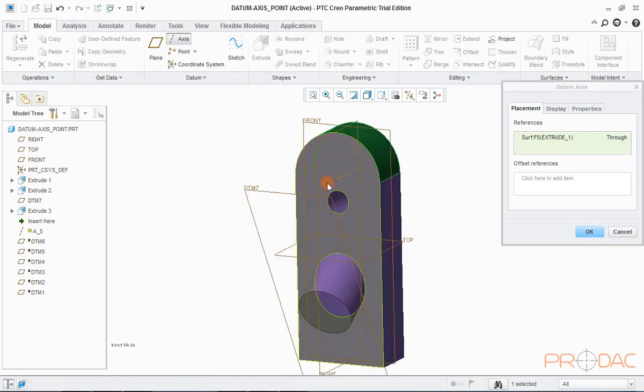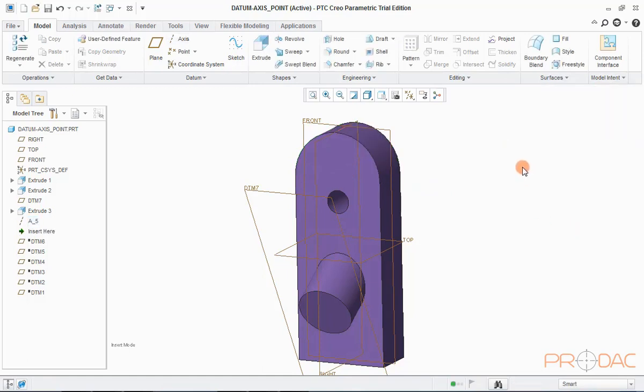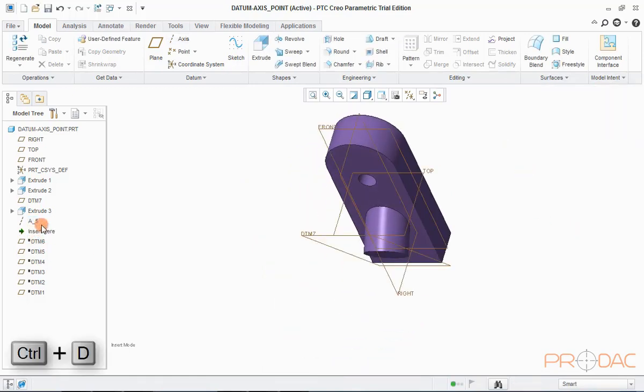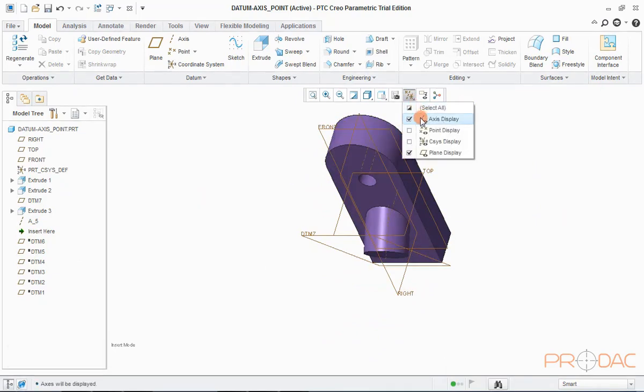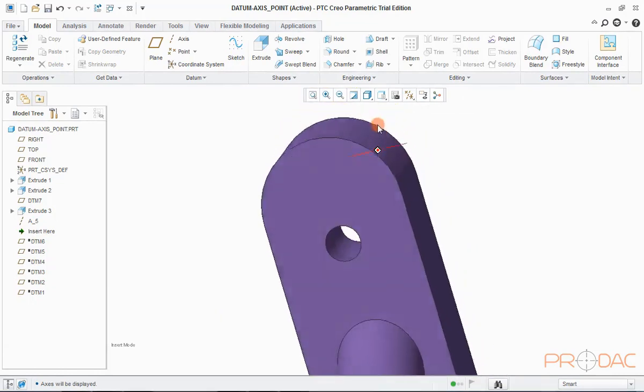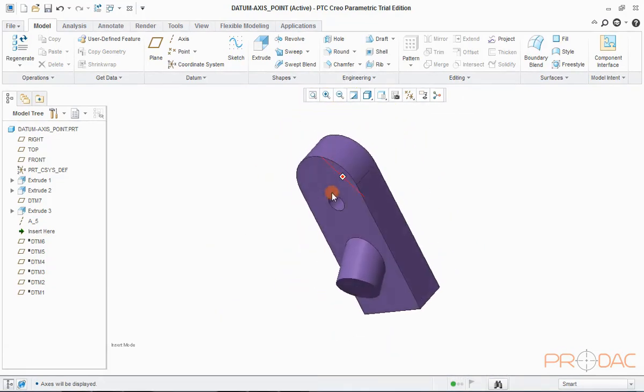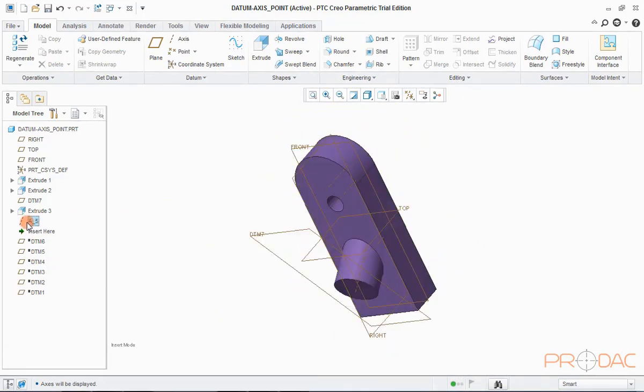Now, click on the OK button. Switch on the axis display and notice that the same axis A5 appears in the model tree as well. Please take note that the axis can only be created for a spherical profile. Press Ctrl+D to fit the model into the screen.